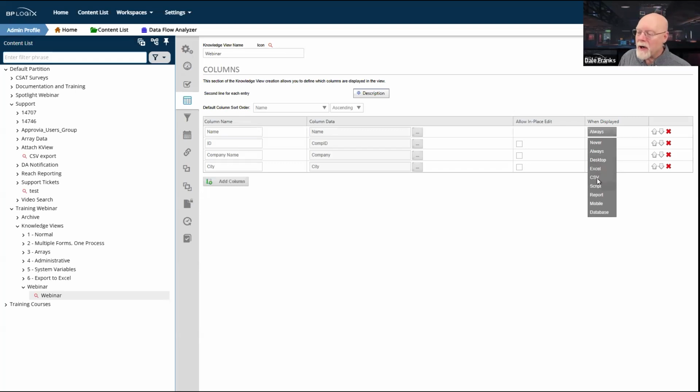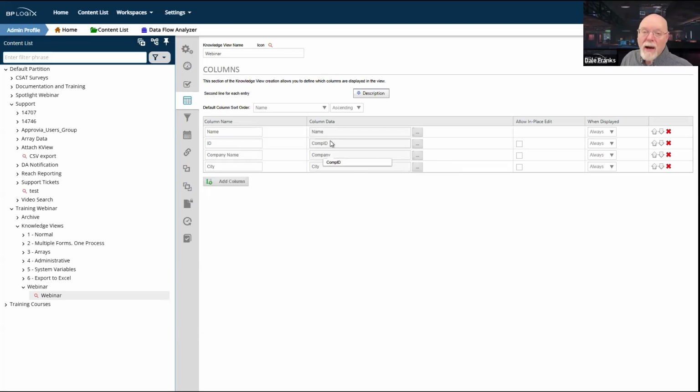But for some of the columns, you might show a bunch of columns in mobile, but not show them on desktop, or vice versa, so that people who are on mobile or desktop get slightly different versions of the knowledge view, which you might tailor, for example, to show better on the smaller viewport on a mobile device. So you've got some options there about when each of these columns might be displayed.